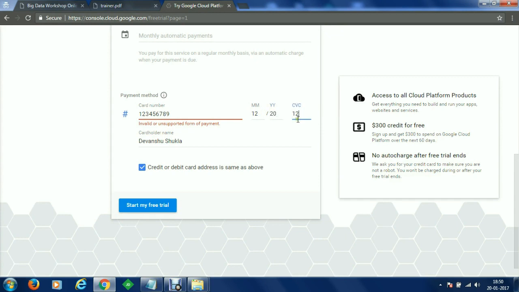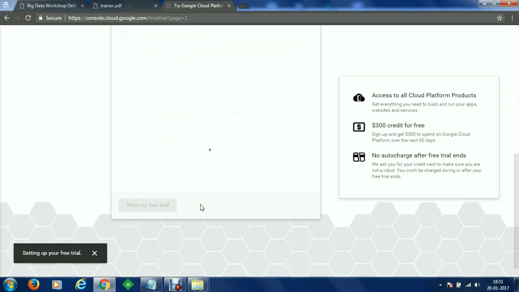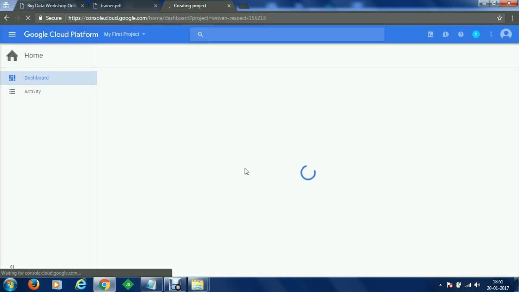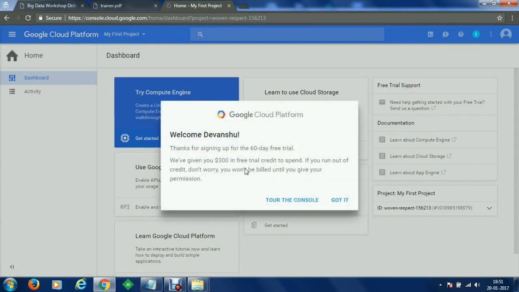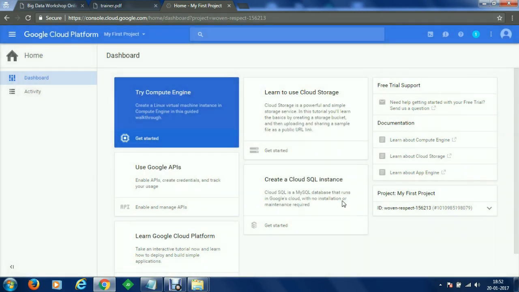You have to specify your CVV code, which is a 3-digit code, and you can get started with the free trial. So we have got our account registered. Once we have got the account, you can see that we have signed up for 60 days and we get a credit of $300, which is in free trial credit to spend.